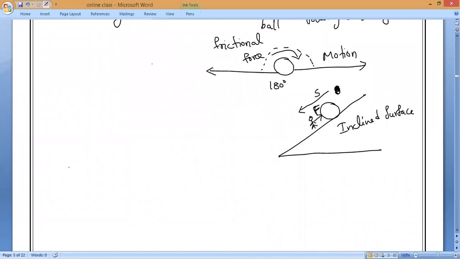What is the third type of work done, everybody? Zero work. Okay, so you all know what zero work done is. What is zero work done? The angle between the force and displacement is equal to how much? 0, sir. 90 degrees, sir. Now 90, that is okay, right. When the angle between the force and displacement